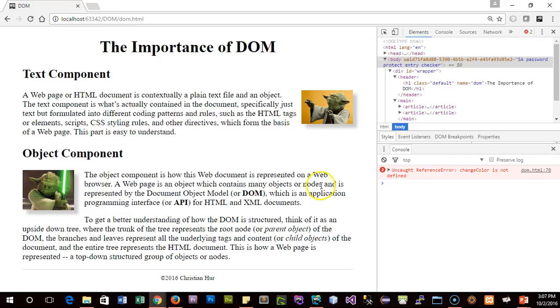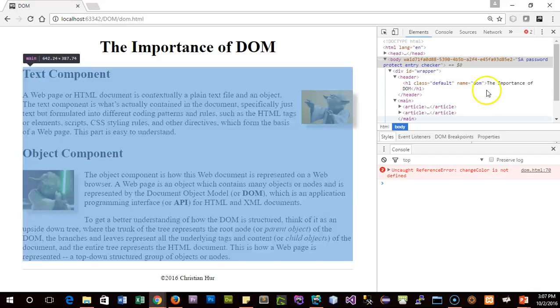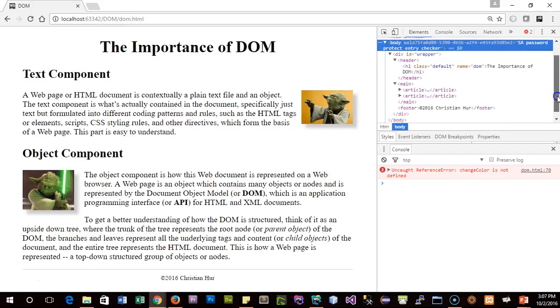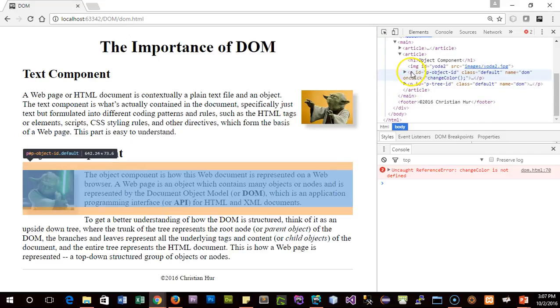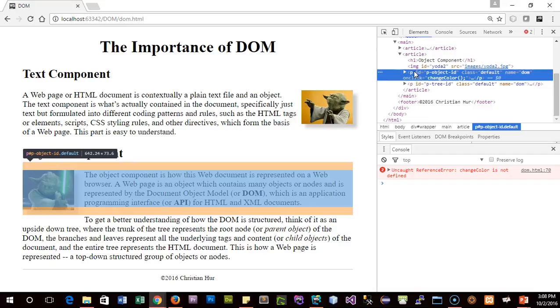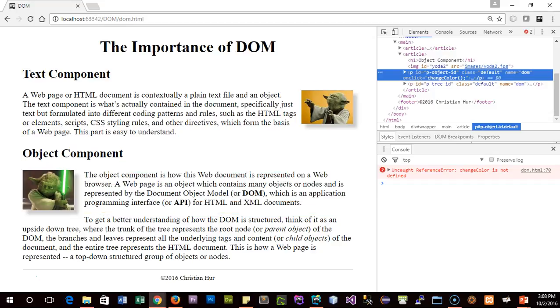So let's take a look at the paragraph to see what ID we need to use to target this paragraph here. In the elements window, you see that in the second article tag, there is this paragraph here, and the ID used in this paragraph is called p-object-id. Once we know that ID, we just need to establish a connection or create a pointer to point to this particular tag. To do that in the console window, we'll start by typing a variable, and I'll call mine just p,